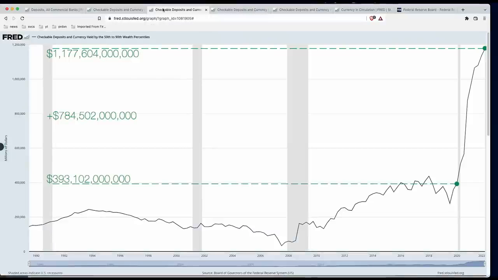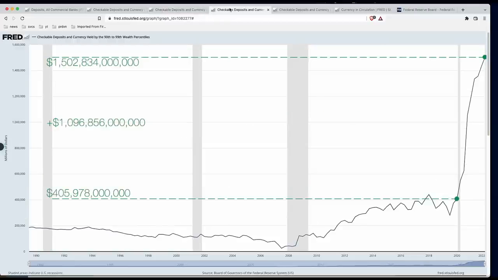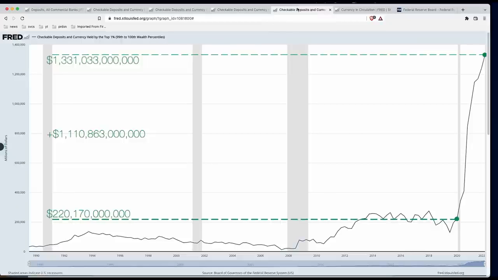The 50th to 90th percentile, their average household got $15,900 in extra deposits from quantitative easing thanks to the Fed. The top 9%, from 90 to 99, the average household there saw an extra $98,600 from the Fed's QE program during the pandemic. And finally, the top 1%, their average household saw an extra $898,700 in their checking accounts as a result of the Fed's quantitative easing